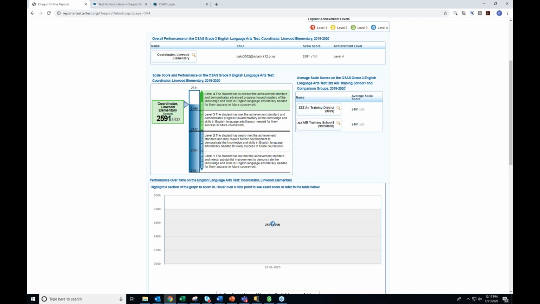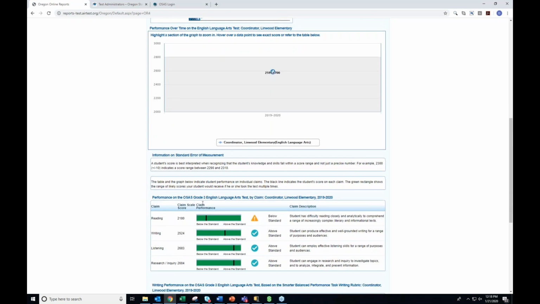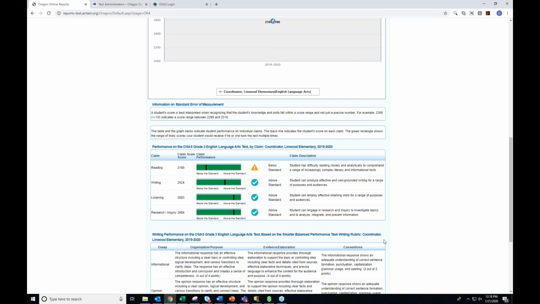Similar to the previous page, we have the average scores for comparison purposes included on this page. We have a trend graph. If the student had tested in previous administrations, those would be graphed also. We have some text boxes describing the data measures. We have the claim level information, so each of the claims listed out along with the scale score on those specific claims, the achievement level scored, and a claim description, which is based on the student's achievement level on that specific claim. Finally, we have a